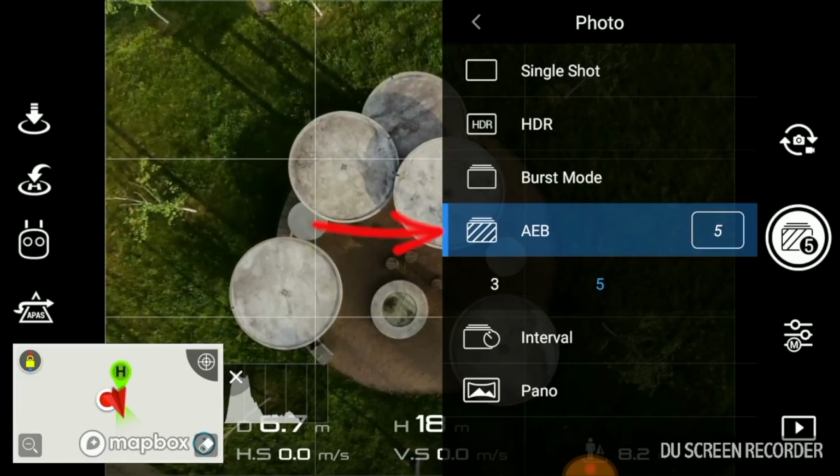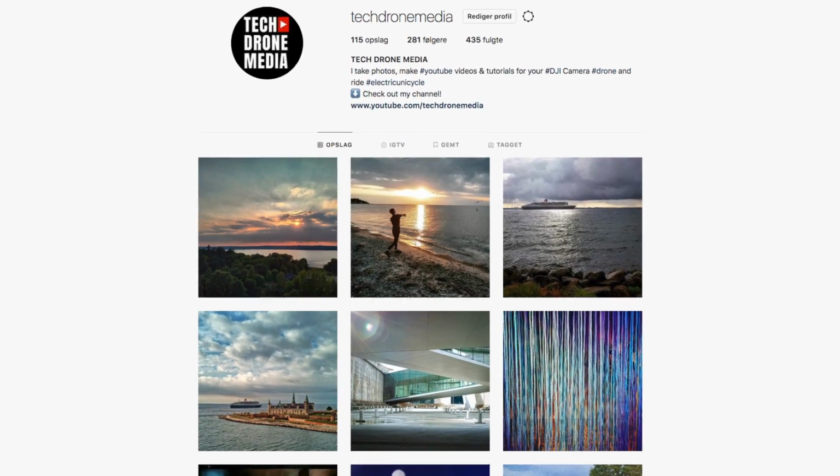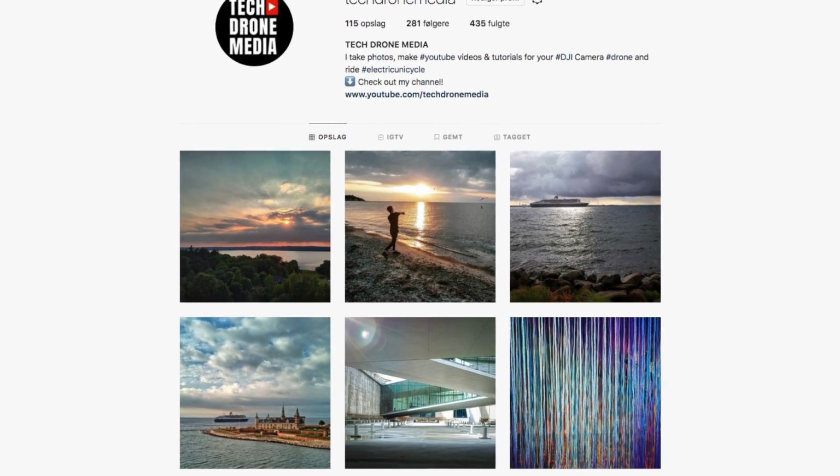people around you. The camera is really brilliant at taking pictures, and there's several options to do this, but especially the AEB function, or the auto exposure bracketing, is brilliant. That will allow you to take several pictures at different exposure levels and then merge them afterwards in third-party software into a high dynamic range picture. You can get some really stunning results with that. You can see some samples of this on my Instagram profile that can be found through a link in the